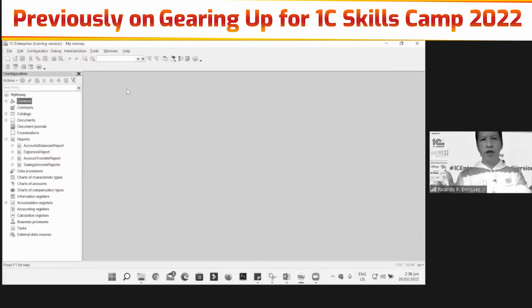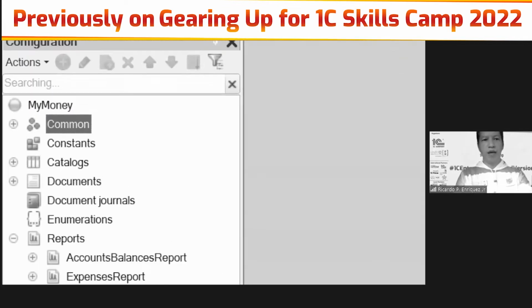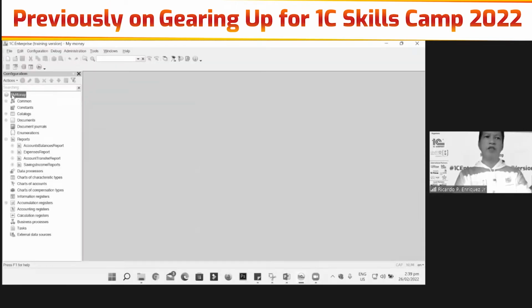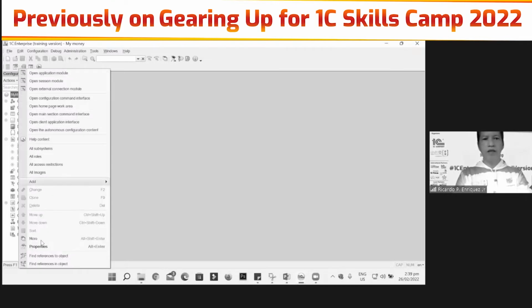So open your Infobases. I hope you are already here in our 1C Enterprise developer interface. Then open your configuration window. So this is our configuration window. And then again, go back to our configuration My Money, the one at the top of our configuration window. So this one. Right click this part and then